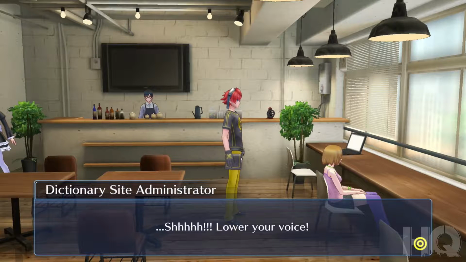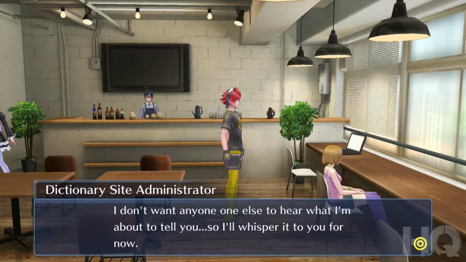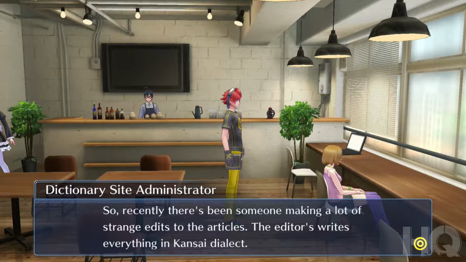Shh. Shh. Lower your voice. Yes, that's right. I'm the administrator for the Digipedia site. I don't want anyone else to hear about what I tell you, so I'll whisper it to you for now. Have you heard of the Digipedia, right? It's a free dictionary that anyone can edit. So recently there's been someone making a lot of strange edits to articles, and the editor writes everything in Kansai